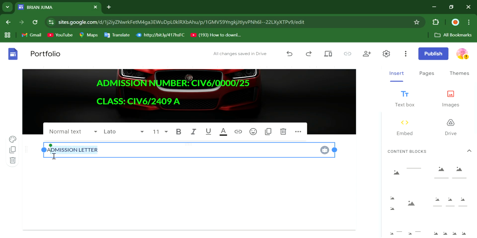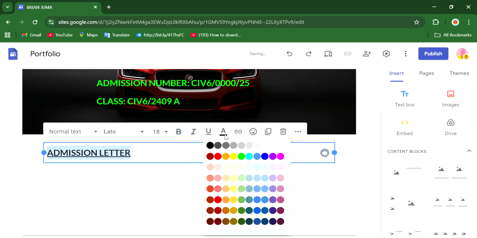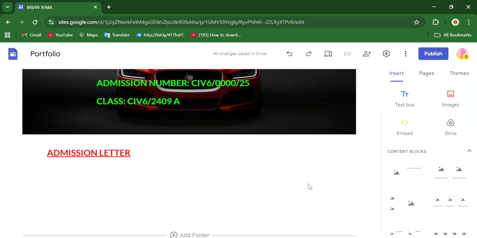Then we highlight all these, increase the font to 18, make it bold, underline it, and change its color. Look at that. So we have already added our text box and have named it admission letter, but then we need to